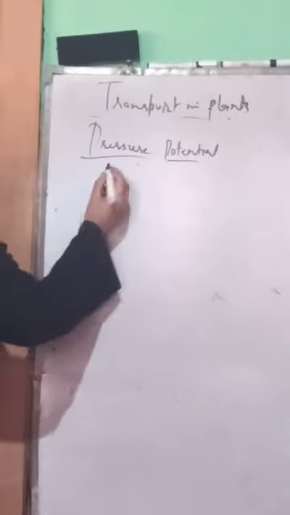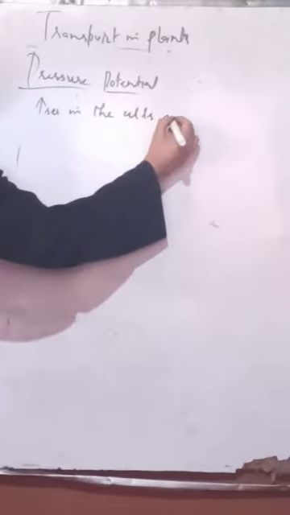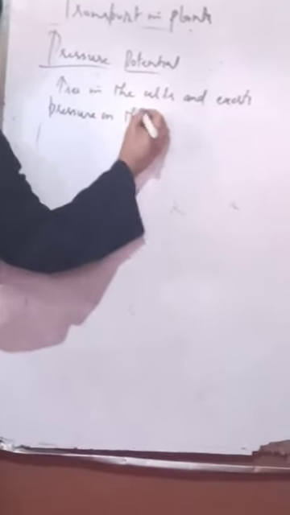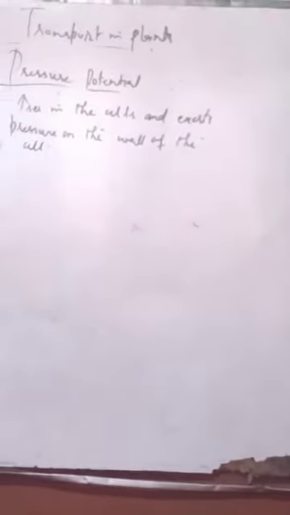When the water level increases in the cells and exerts pressure on the wall of the cell, it is called pressure potential. So it is represented by this. Now its equation is,